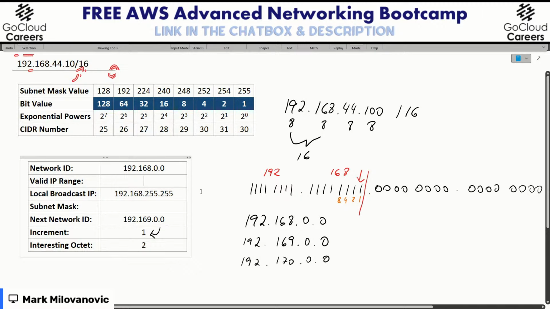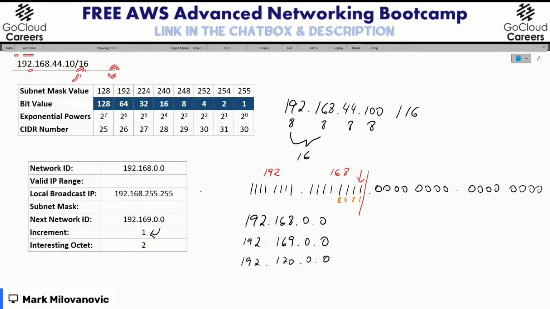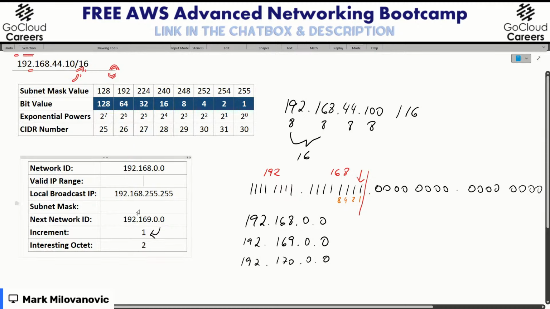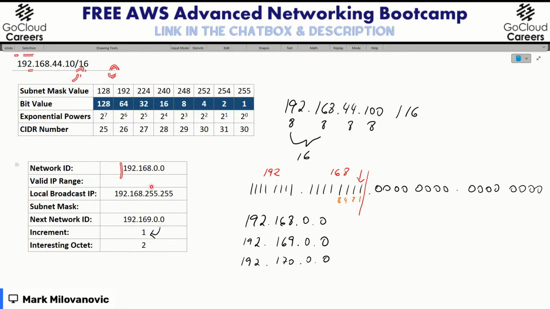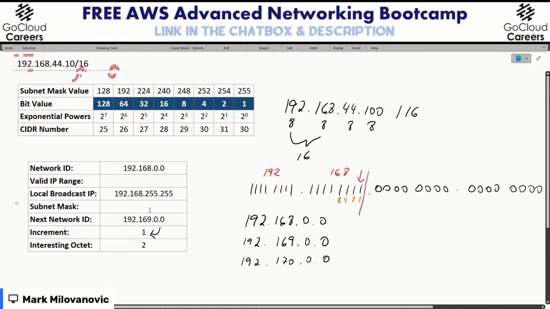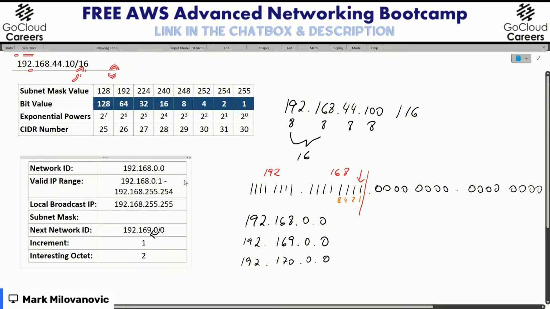So now what would be my range? And just so you guys understand, I'm not looking at this anymore at all. I'm simply looking at this over here. If my network begins with this and it ends with this, now I can just fill in everything else. My first IP address is going to be 192.168.0.1. I can't use 192.168.255.255. I have to go back 1, which would bring me to this.